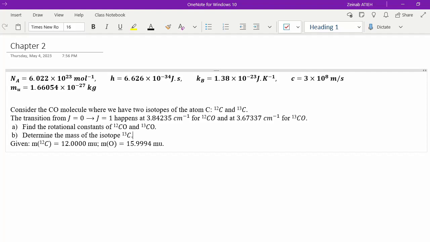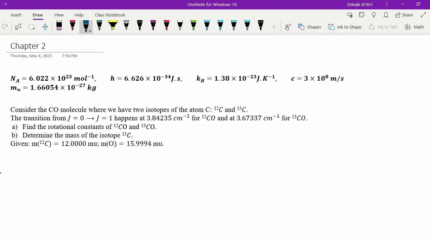So let's start. Let's first check the given. We have two important givens, the transition from J equals 0 to J equals 1 for C12O and the transition from J equals 0 to J equals 1 for C13O. We have to make benefit of this. Because he's giving me the transitions as wave numbers and I already know the formula, so let's say this is part A, the wave numbers